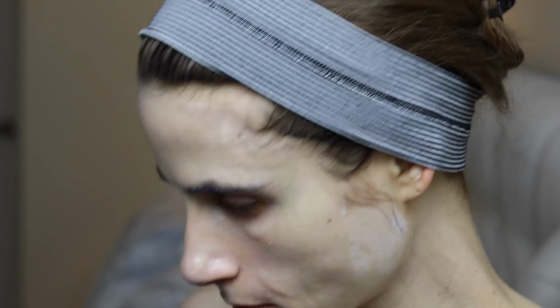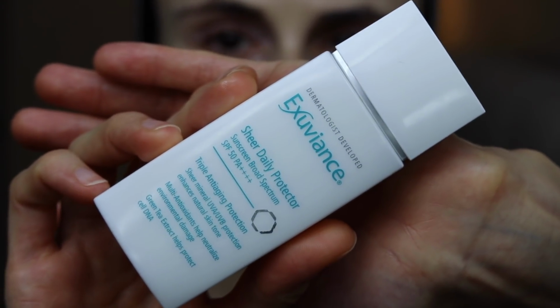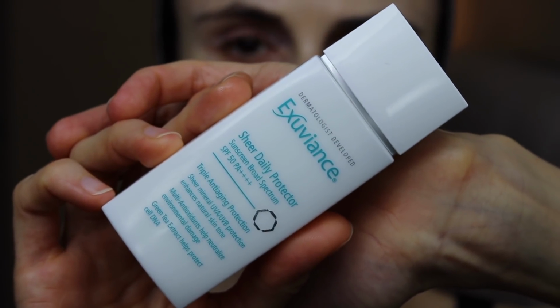And you can see this particular sunscreen does leave a little bit of a cast to it, but just be patient with it. It dries down with time and becomes transparent. And so next up I come on top with a tinted sunscreen. This is one by Exuviance that I really have been enjoying. It has a slight tint to it, but I use this because it has an ingredient, iron oxides, which